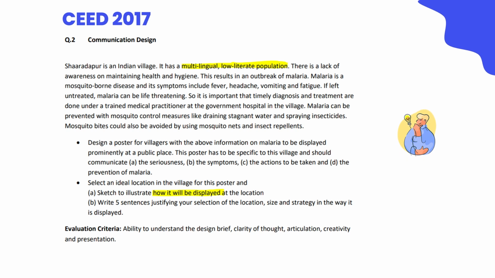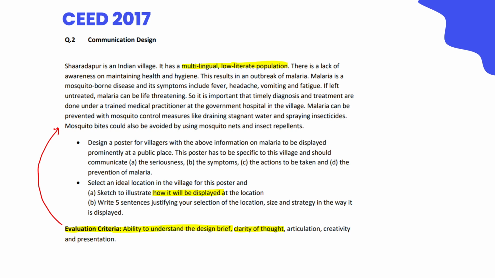But my recommendation here is, please come back. The question is not finished yet. The evaluation criteria say the ability to understand the design brief. This means paying attention to each of the details mentioned above. That means we have to read the question again and pay attention to what is asked in the question. Okay? The next criteria is clarity of thought. That is, you know what you are trying to represent. This means you are sorted at your end. But how will you showcase this, that you have clarity of thought? It is when what you draw is simple and minimal. You are not drawing something that is not asked, alright?